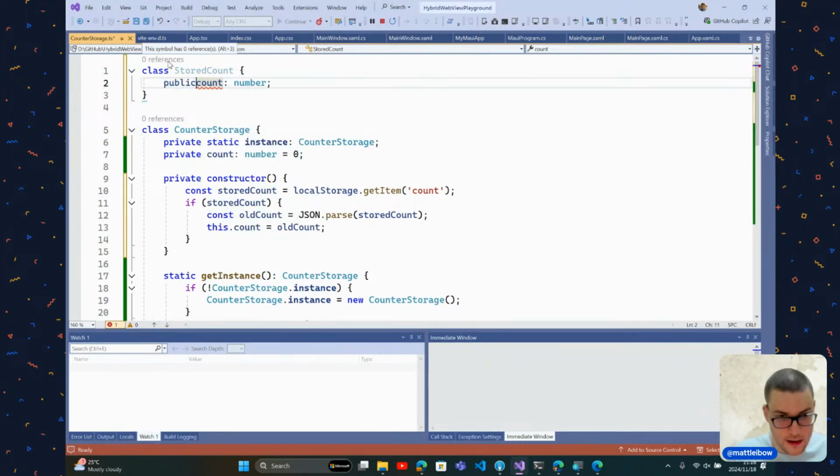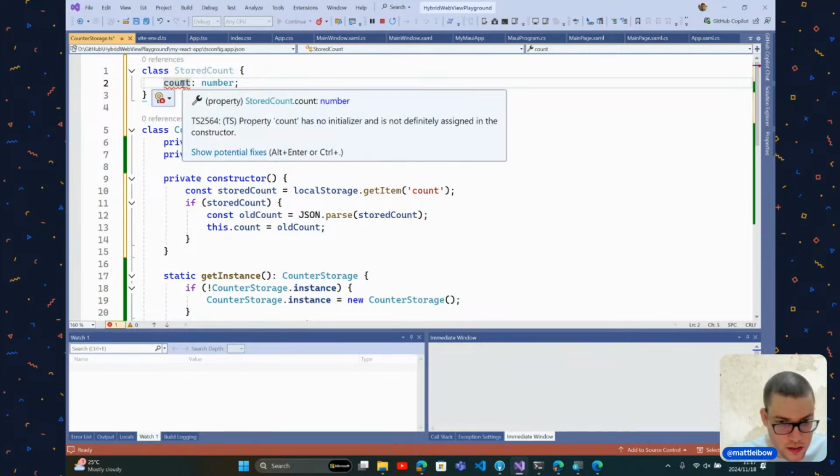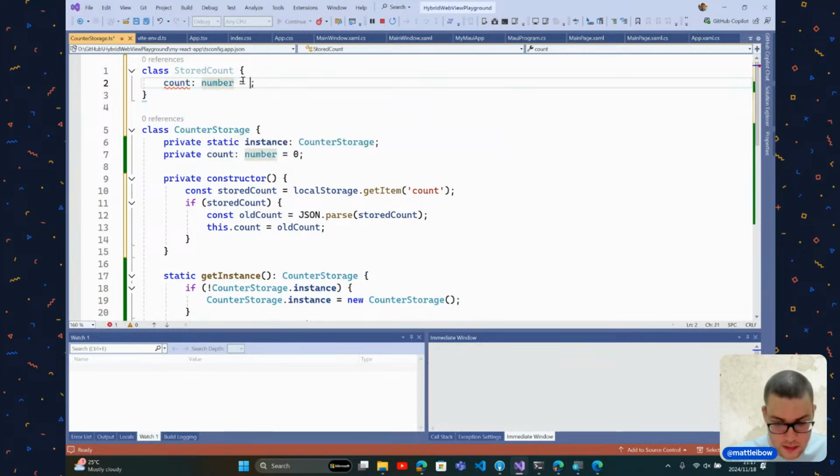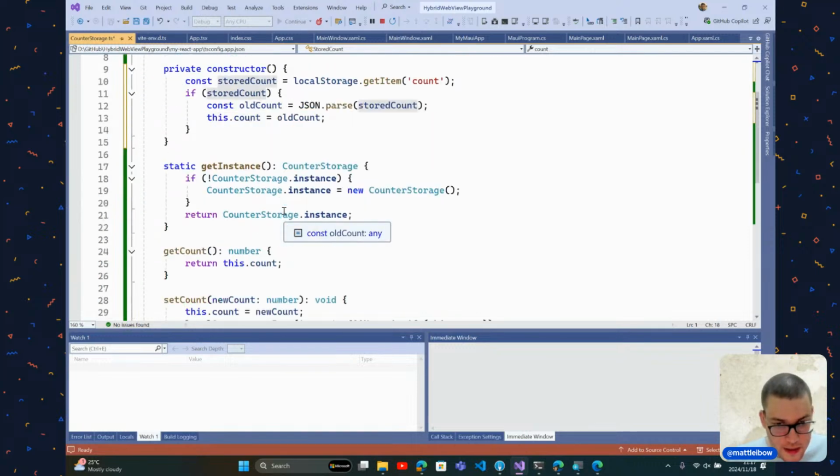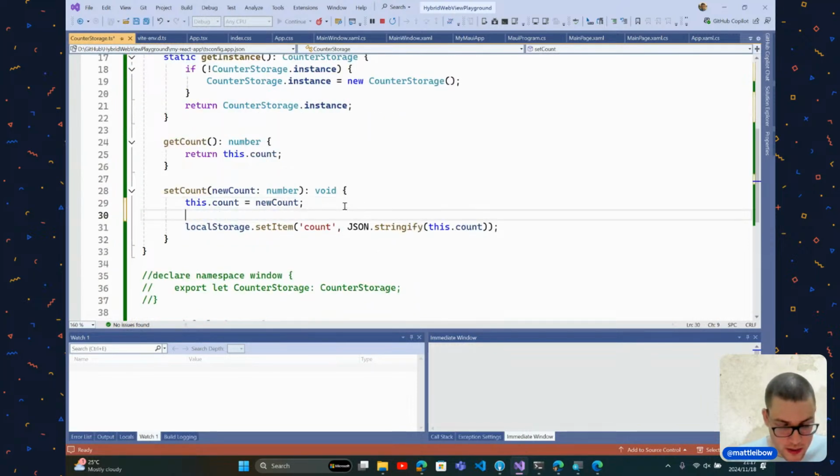Is this public? No. What is this? Why is it squiggling? Definitely not something. Zero. Okay. Cool things. Here we go. So when we save it, we're going to do